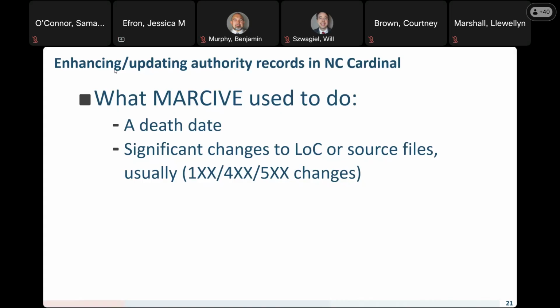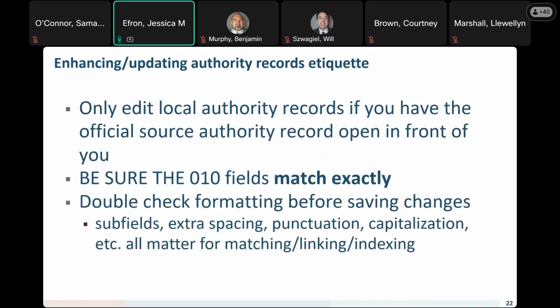a perfect 010 match. And they would update anybody who died, any significant changes to any of the Library of Congress. And for a time, they were doing the Homosaurus terms. So they were just automatically updating any changes that Library of Congress had made. And it was amazing. But